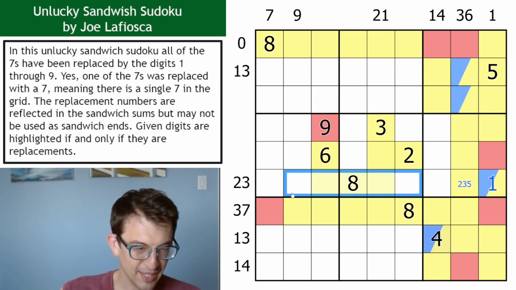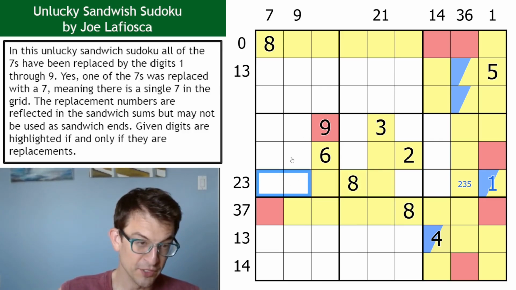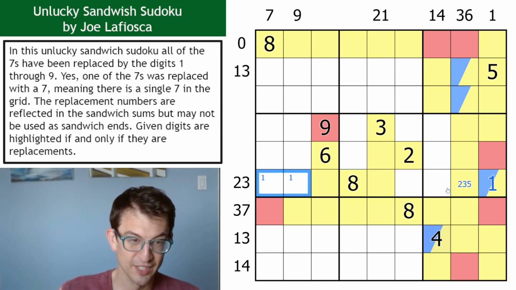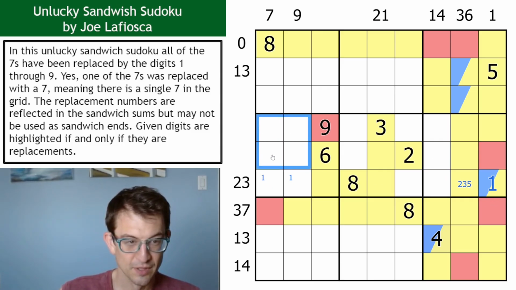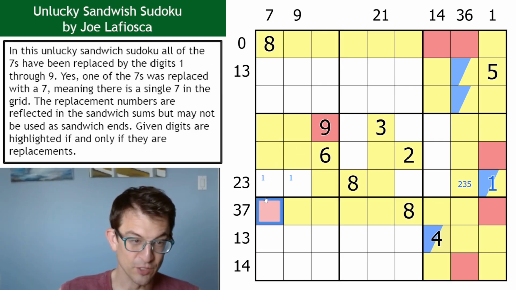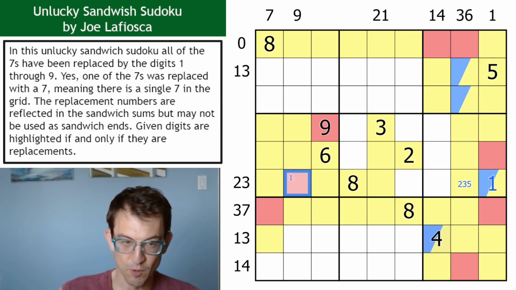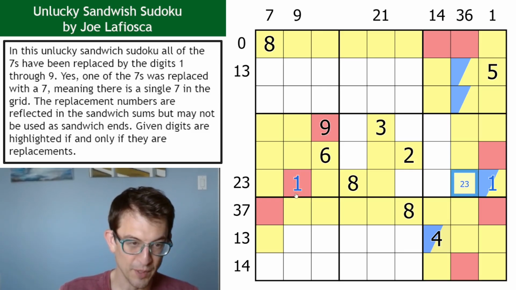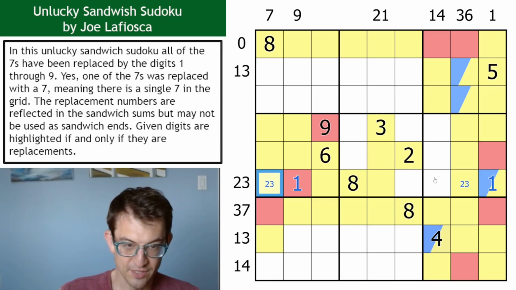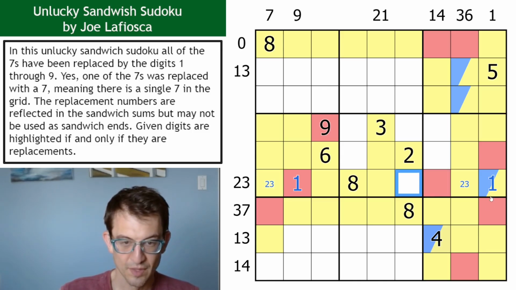Okay, but I can't limit the crust anymore. Oh, but I do know that one of these is the crust. So one of these is actually the 1 crust. One of these is the 9 crust, and these are not crust. Oops. These are not crust. And now that's going to help this out. So neither of these can be crust. Oh, there we go. So this is crust, and that's my 1. And this is now a 2, 3 pair. And this is crust. And I think I could get,